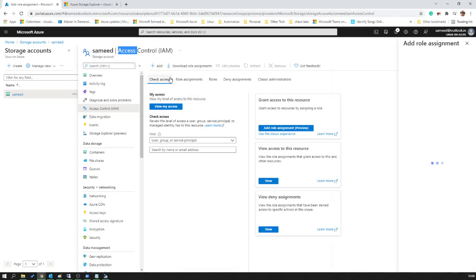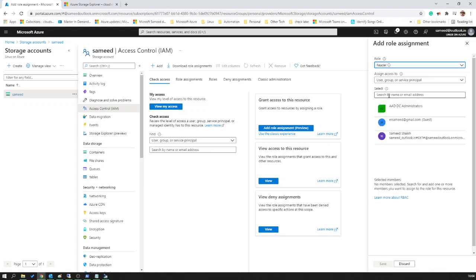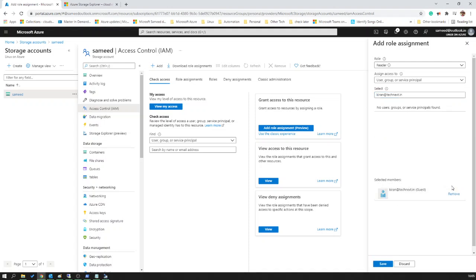So I'll be adding a role. Let's say I'll be giving reader access to Kiran. Whom I want to give access, I'll say Kiran at technext.in. This is a domain. Right now I haven't invited Kiran, so it says invite Kiran to get access. I can invite first and then give the access. Then Kiran can see the details, he can view the details, but he cannot delete